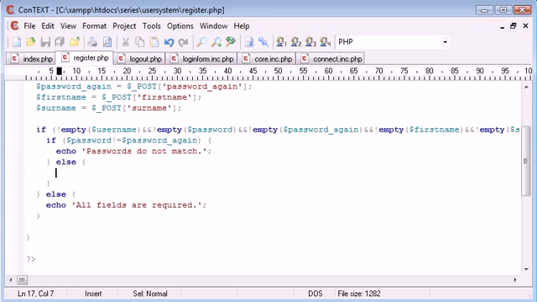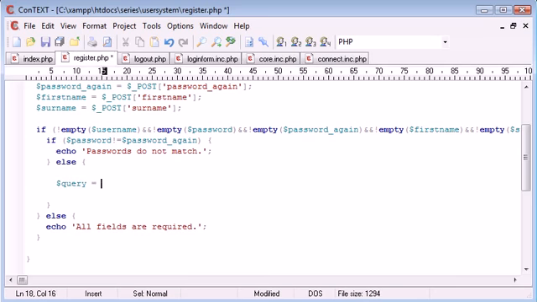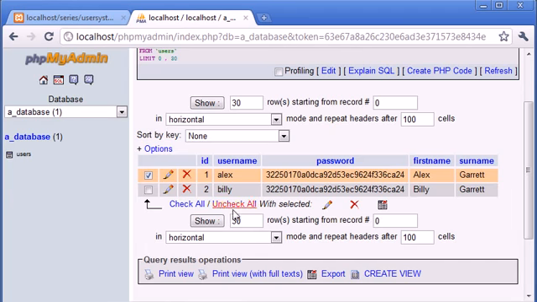So how do we do this? Now we need to create a query. Let's just pull this down so we can have a bit of space. The query is going to be select, and we're going to select username from, so let's just pop this in apostrophes, select username from users. So remember, we select username from users